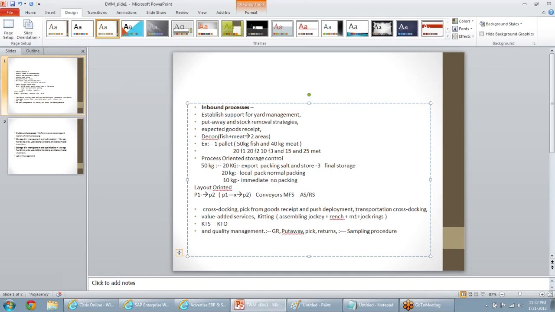The sampling procedure is a statistical application. Sampling procedure means, for example, I can say that for every 1,000 items, take 2 pallets for quality. Or otherwise I can say that for every 5 days, randomly pick 1 day to go for the quality check. So it may be time based or it may be quantity based. Is it clear now? Yeah. Quantitative and qualitative. It may be on the quantity basis, or it may be on the time basis.